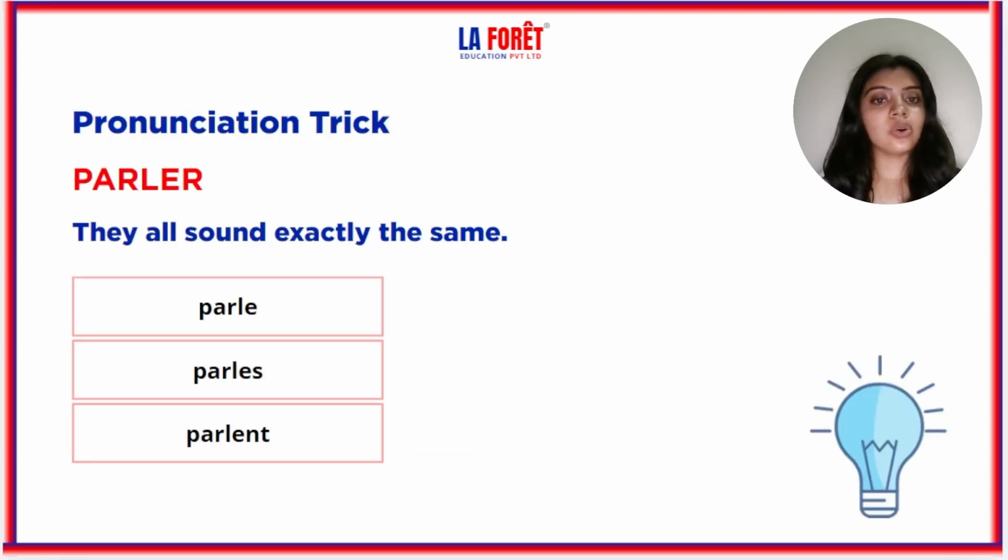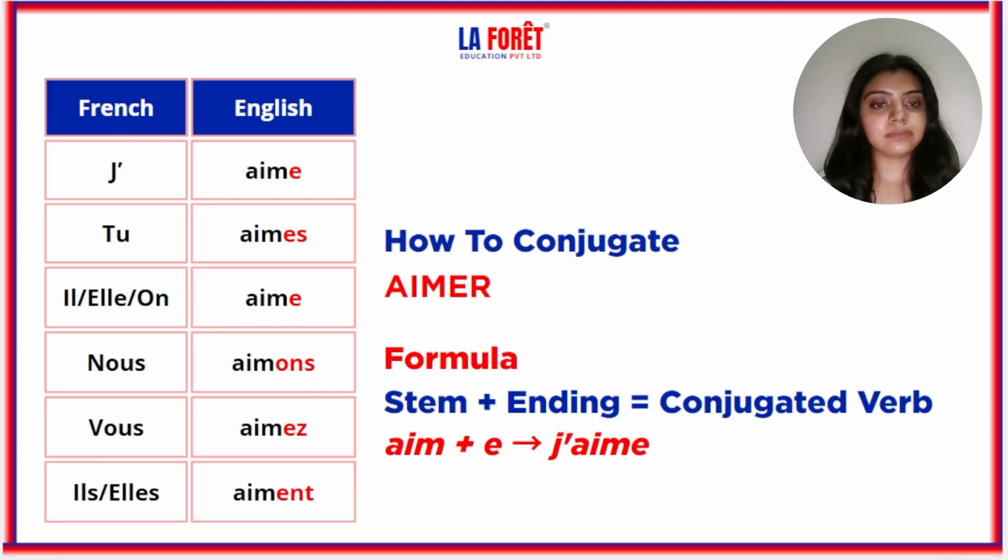Now let's see. They all sound exactly the same. मैंने जैसे अभी conjugate किया and then I have also used the pronunciation, right? You have seen that ये तीनों की pronunciation same थी. Par, par, par. We all call this par, par, par. दो इसके आगे e लग रहा है, es लग रहा है, ent लग रहा है, but इनकी जो sound है same आती है हमेशा. So it will be par, par and par.